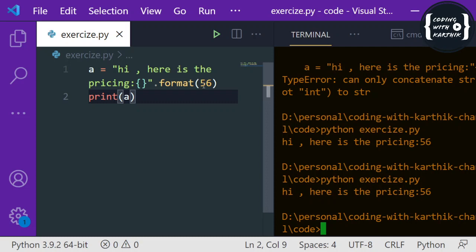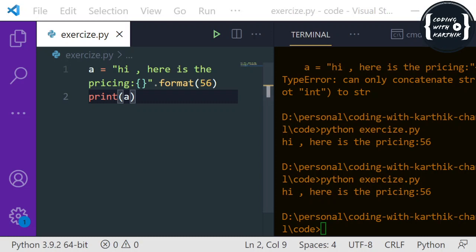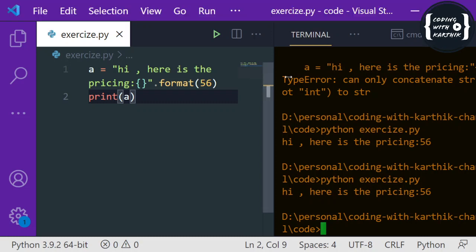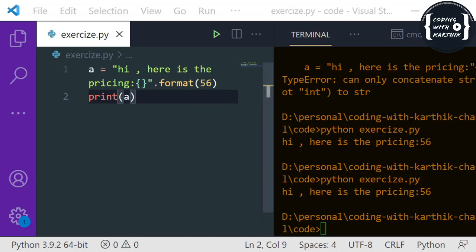So this is how it works. If you use the normal plus operator, then you have to convert the data type to a string, and only then can you attach it to the string, right? So that's the difference between the plus operator and the format method.